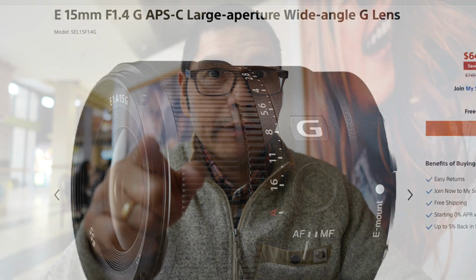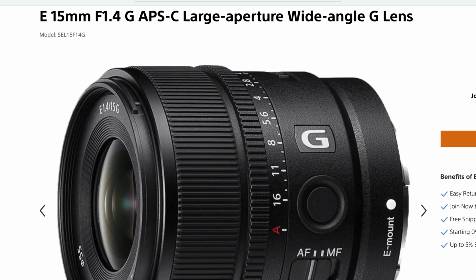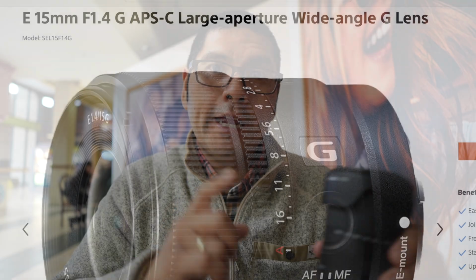So right now we are recording on a Sony a7 IV with a 15 millimeter G lens. That is what you are viewing me on now. And we will soon switch to a 28 millimeter. So this 15 millimeter is probably the equivalent of around 22.5 millimeter, I do believe, for full frame, but we will soon switch to this and we will get at the 28 millimeter f2.8. But I just wanted to give you a little bit of an overview as to why I had brought this